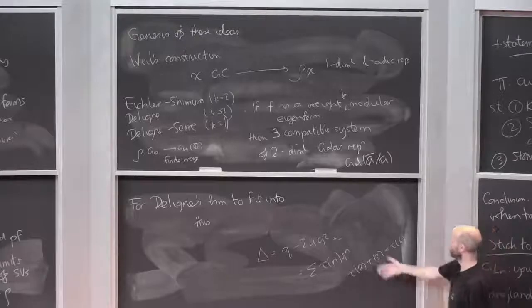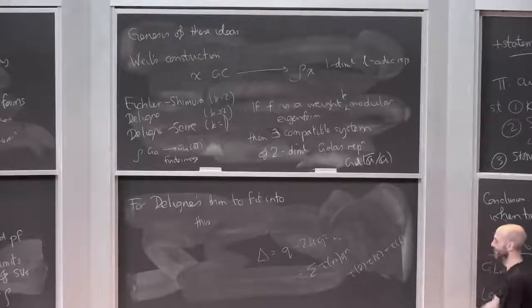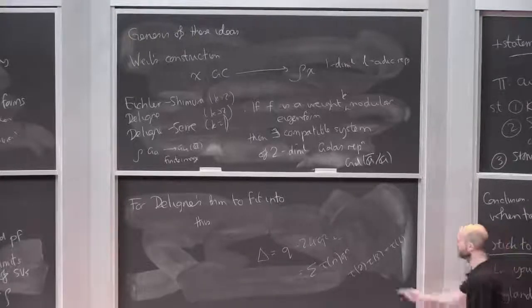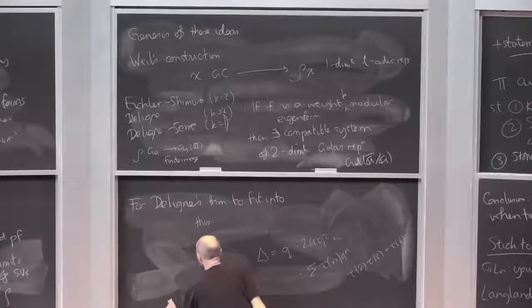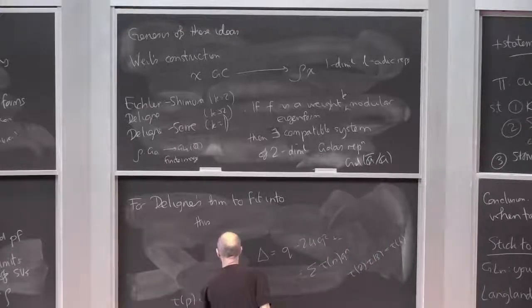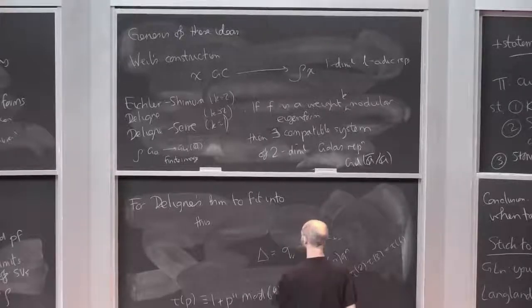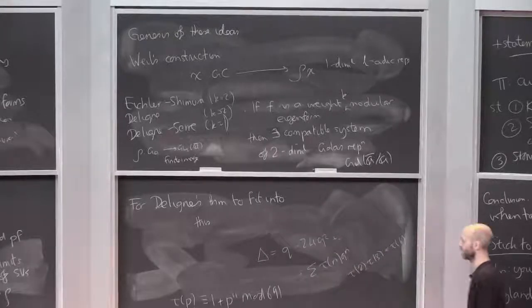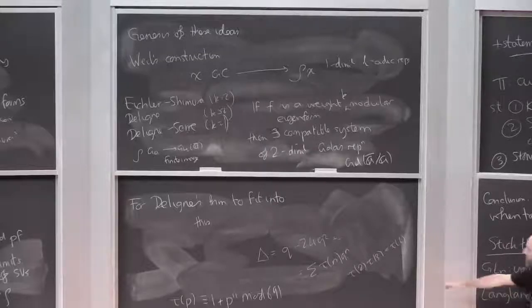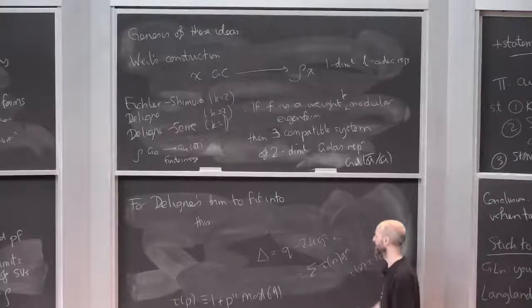So Ramanujan looked at that and was like, no way. And then, lo and behold, that gets proved. So it's the same sort of story, right? Ramanujan proved that tau of p was congruent to 1 plus p to the power 11 modulo 691, where 691 is just some random large prime. This isn't a special case of a general phenomenon. This is just some weird thing, right?